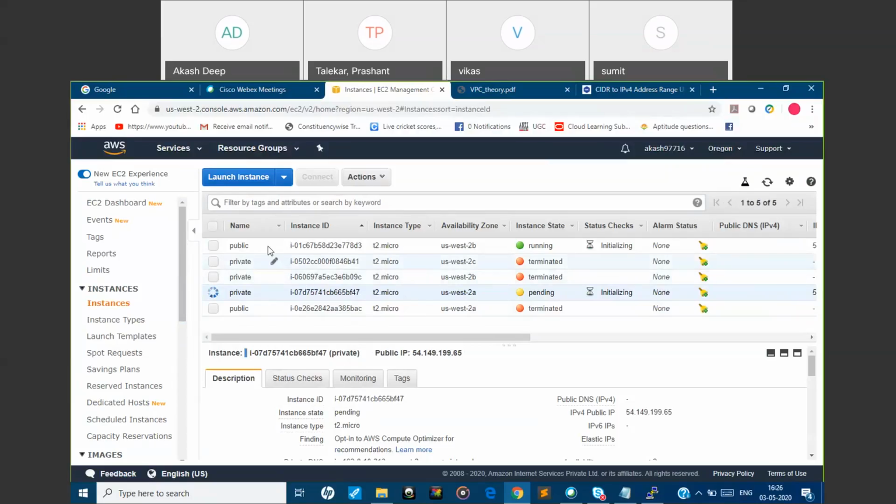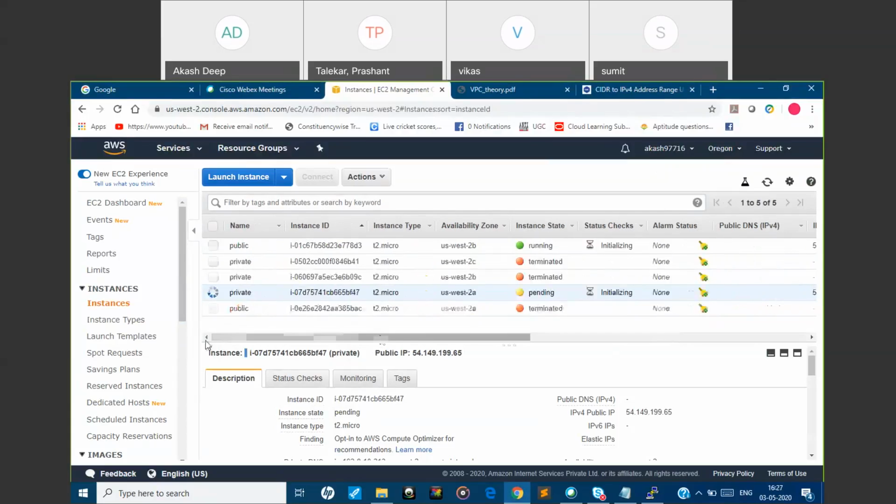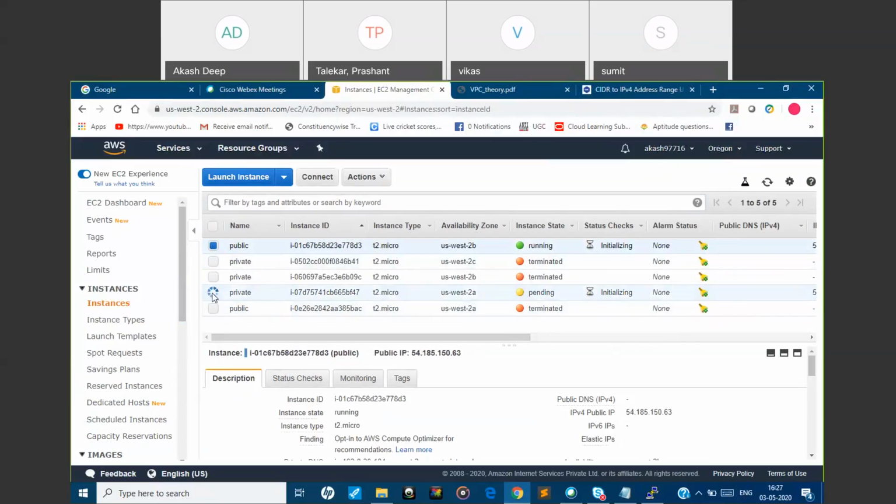First we'll try to SSH to the public one. So we'll go here, guys. Select this IPv4.